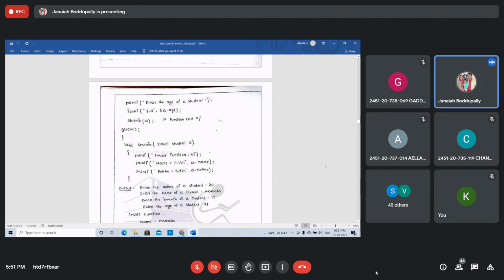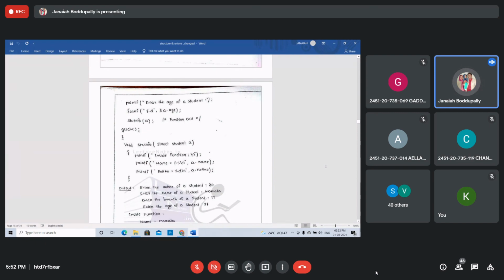Try to execute these two programs: passing of the individual members and passing of the entire structure. Execute the two example programs. Then the third one is passing a pointer to a structure. After completing pointers, I will explain it. Tomorrow I will start pointers. After completing pointers, one more topic remains, the self-referential structure.